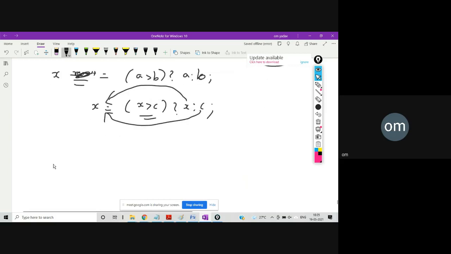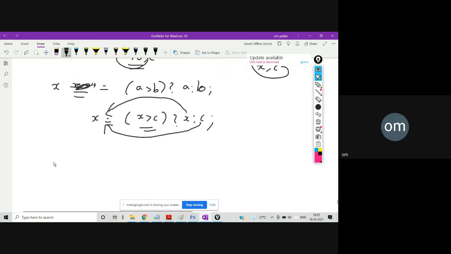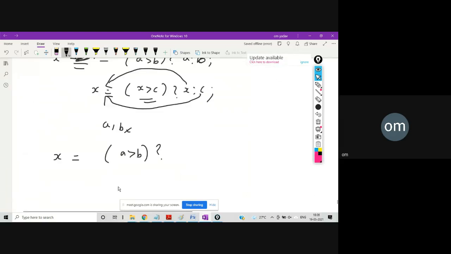If you really want to see, I'll just show you once. Let's say, for example, I want to determine between A, B, and C. So I'll write like this. I'll first check A and B, whether A is greater than B. If A is greater than B, the first part will be executed, and here I'll also check whether A is greater than C. If yes, then A, else C.